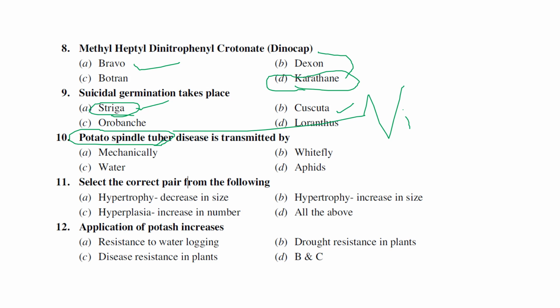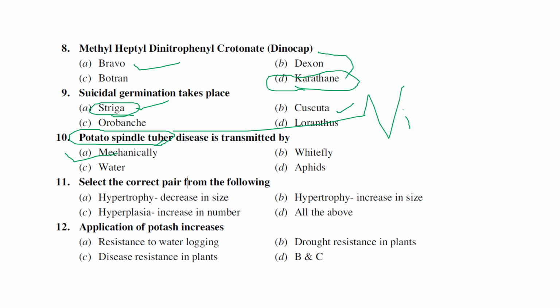The major and most important transmission method is mechanical transmission or sap transmission, I would say. But generally, viruses can be transmitted by various kinds of agents, especially insects. And here the potato spindle tuber is a viroid. Generally, potato spindle tuber viroid is transmitted by mechanical transmission. As I said, not only potato spindle tuber, but all the plant viroid diseases. There is no necessity to say plant viroid because viroids are only meant for plants.